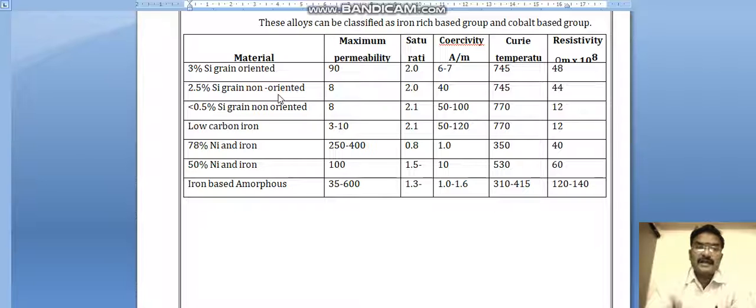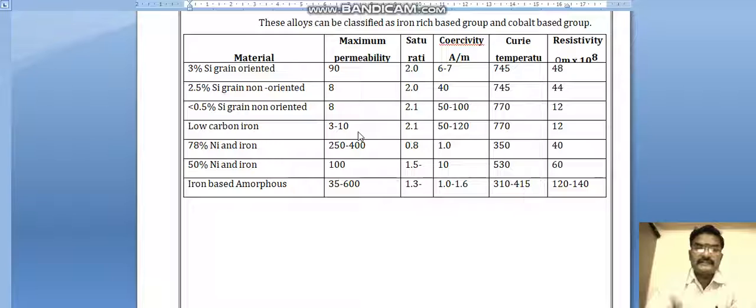Silicon grain non-oriented: maximum permeability 8, saturation 2.4, Curie temperature 745, resistivity 44. Less than 0.5% silicon grain is used for these.